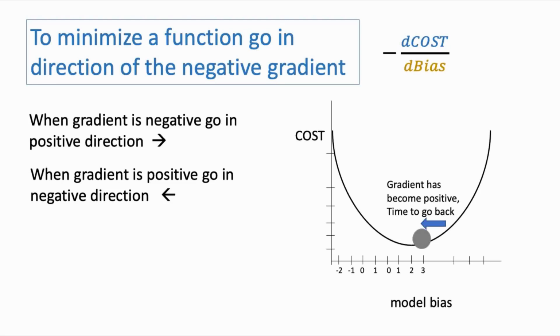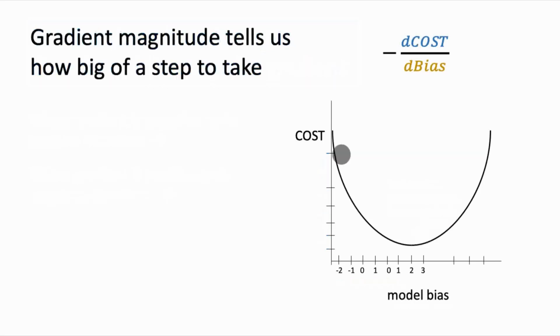The gradient doesn't only tell us which direction to go, it actually also tells us how big of a step we should take. So when the cost function decrease per unit step is big, that means there's a big change in the cost per step. This means that the cost function is very steep at this point,